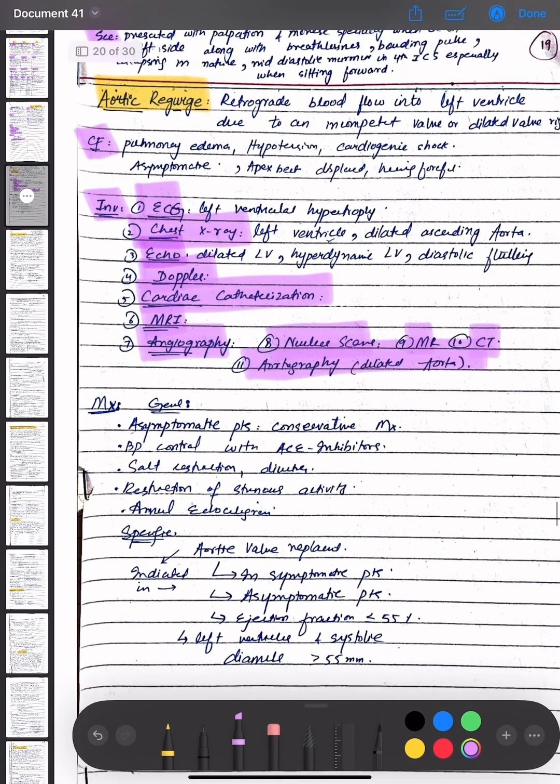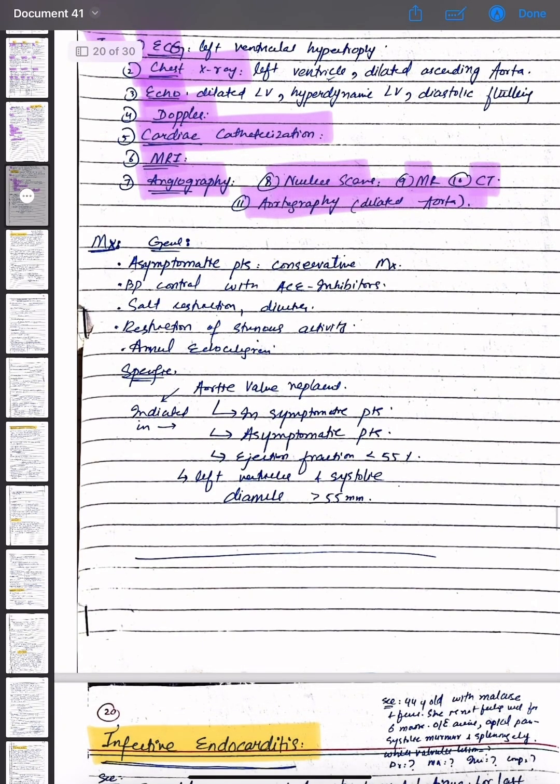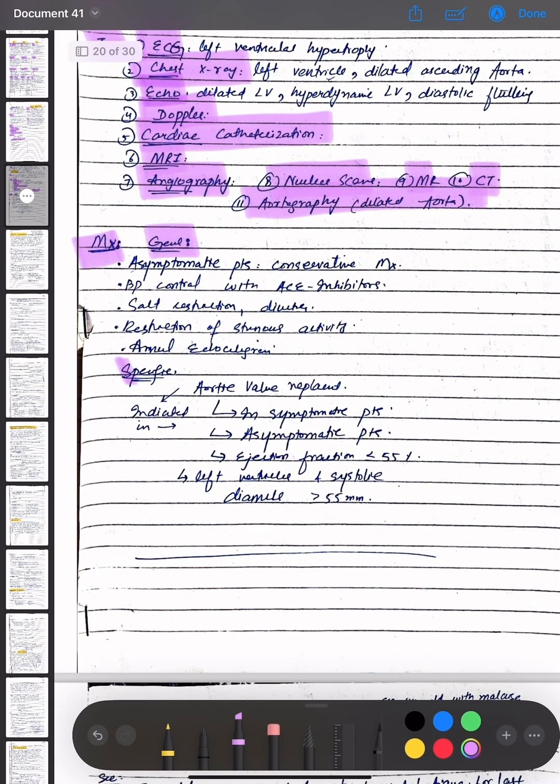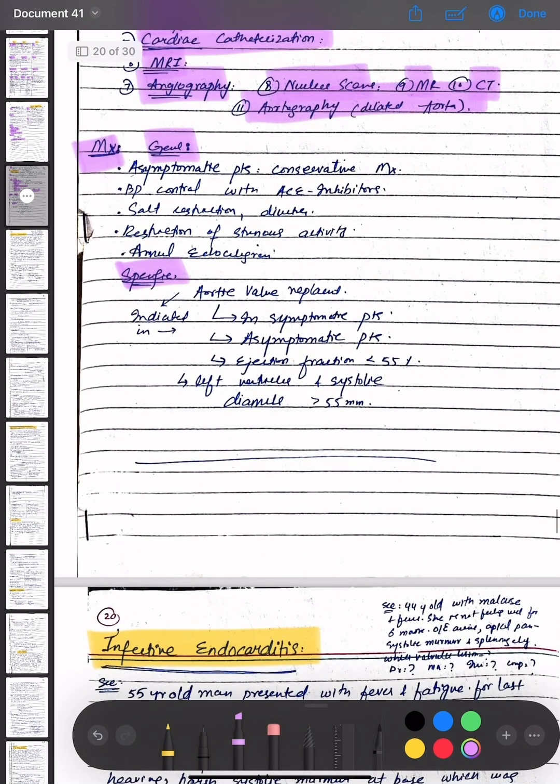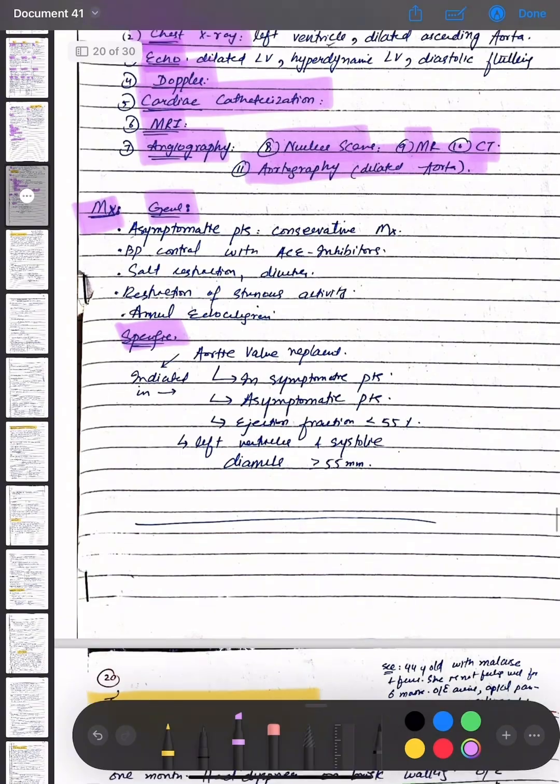The management options for aortic regurgitation are general and specific. The general measures are conservative management in asymptomatic patients, BP control with ACE inhibitors, salt restriction and diuretics, restriction of strenuous activity, and annual echocardiogram. The specific management is aortic valve replacement, which is indicated in symptomatic patients, and in asymptomatic patients with ejection fraction less than 55% and left ventricular end-systolic diameter greater than or equal to 55